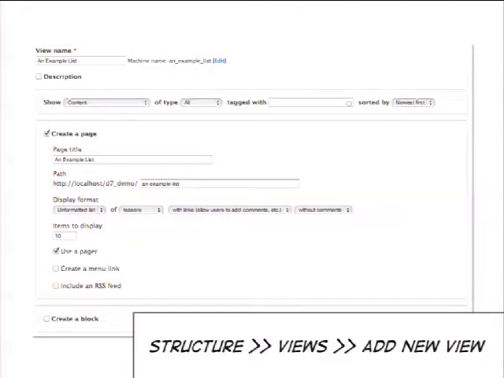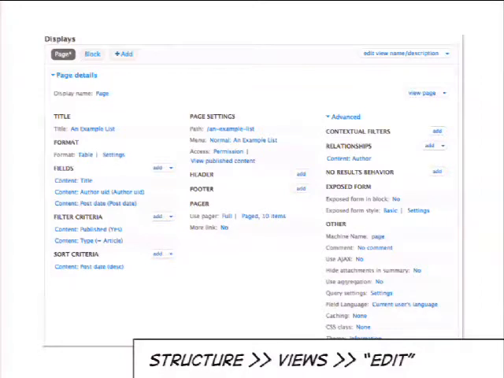I click Save, and I'm taken to a page at this URL that lists all of the things that I just asked it to. Ta-da! And then it gets a little bit trickier. After you've created a view, after the first time you click that link, it's like, hey, I'm all helpful, and I've got this little wizard that you can use to get things done. The next time you go and edit your view, you're presented,